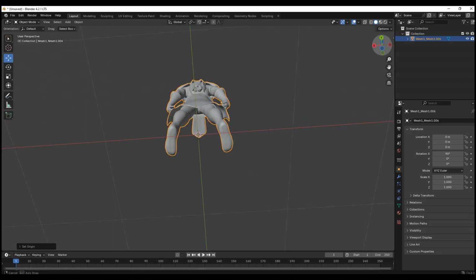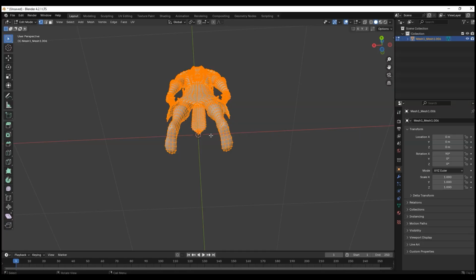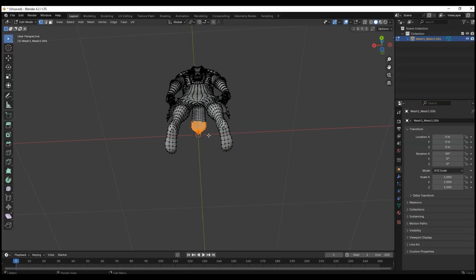You can go here and go to edit mode, and for example select some of these things and press delete. For example, the vertices, the face. Okay, let's